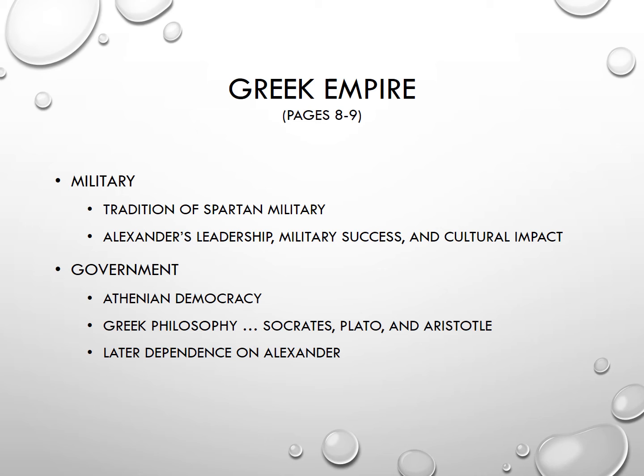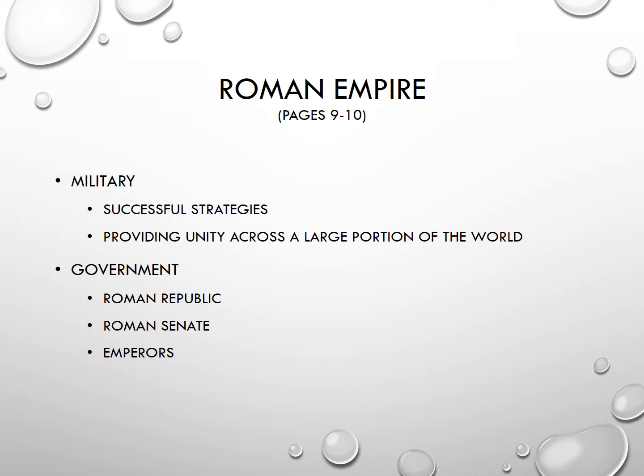They start out and show promise of adopting democracy, but later they tend to resort back to the strong authoritarian ruler styles of Alexander the Great. But it is from Greece that we get the ideas of democracy that we hang on to today. All right, so let's talk about the Roman Empire, which you can read about on pages 9 and 10